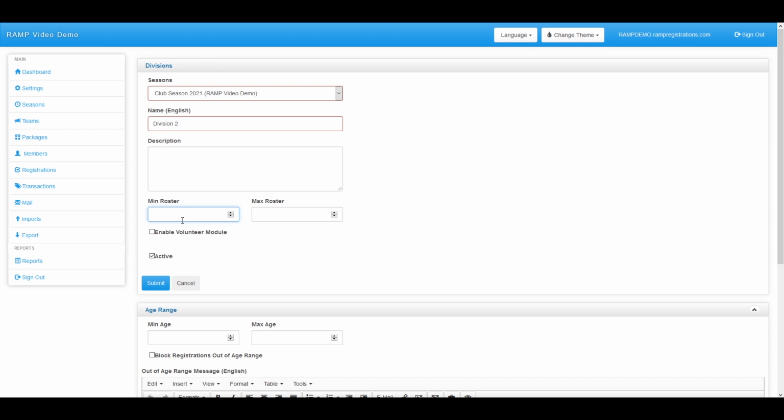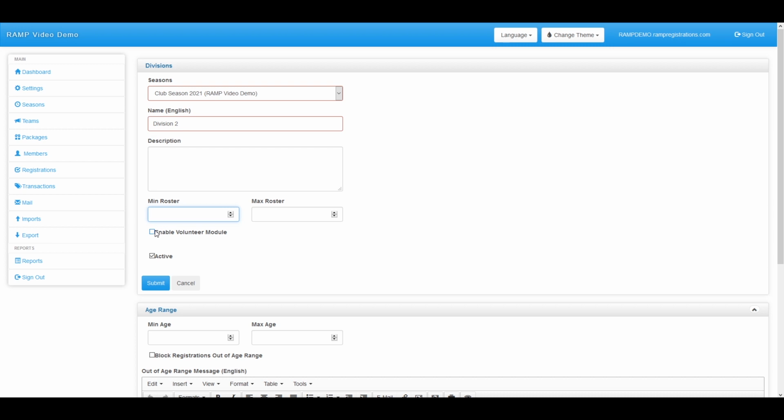In this case, we're looking at more of a minor sports thing where your players will register and then there will be something like tryouts or evaluations, and then teams will be made up of those players that registered underneath of this division at a later time. And you can set the roster sizes for those teams that are going to be created at a later time at this point in time. Not that I've said time enough, we'll move on to the next thing after the minimum and maximum roster,